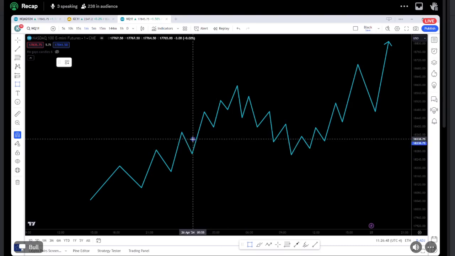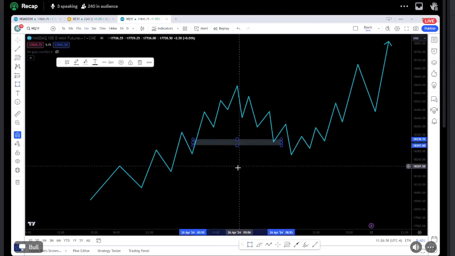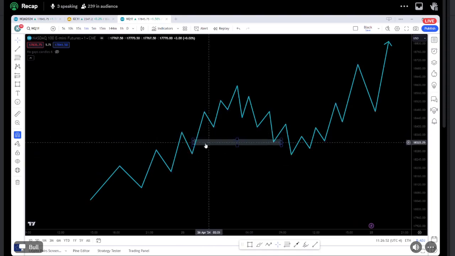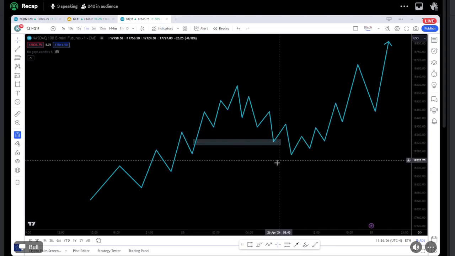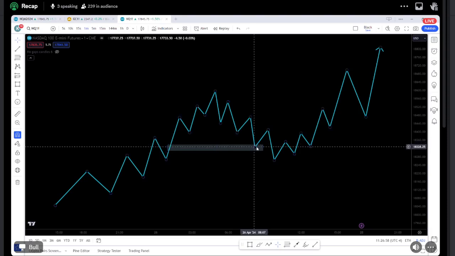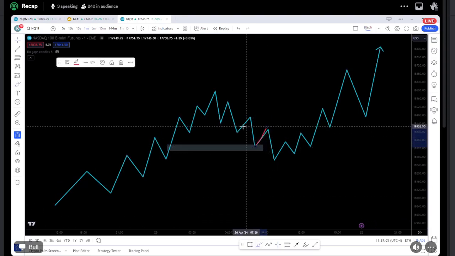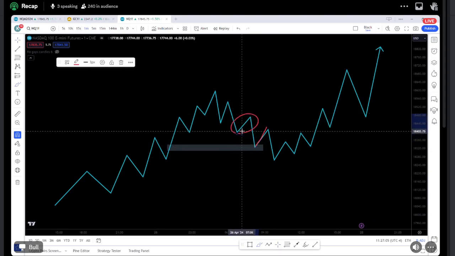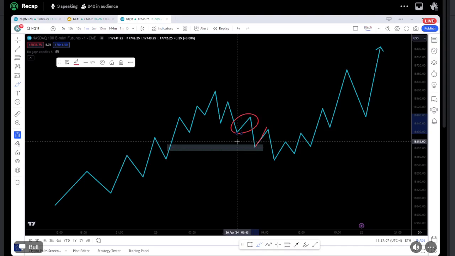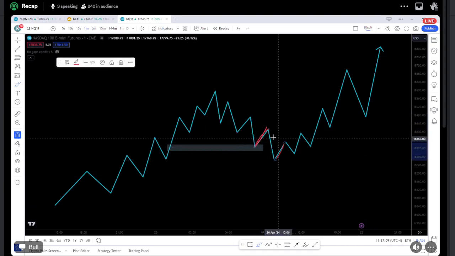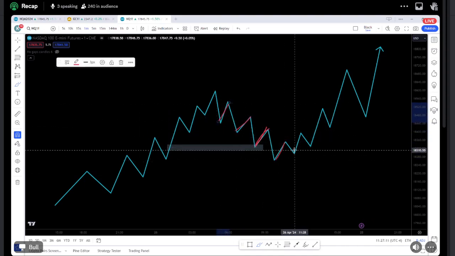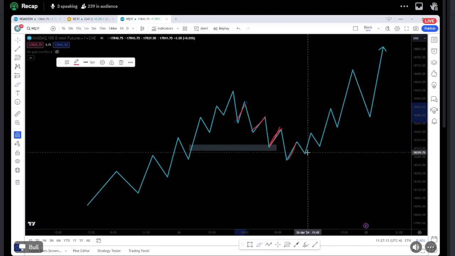So for example, there might be an area here that was responsible for putting in this high. We draw that over, and this is a zone we're looking at, right? With the understanding that if we're taking a long out of here, we're just taking it potentially to the prior zone. In a downtrend, if we're taking longs, these are scalps until we get some sort of bullish momentum that allows us to anticipate potentially a change in trend.